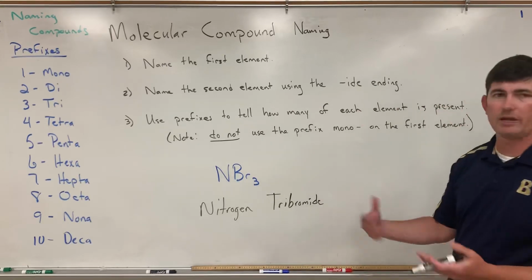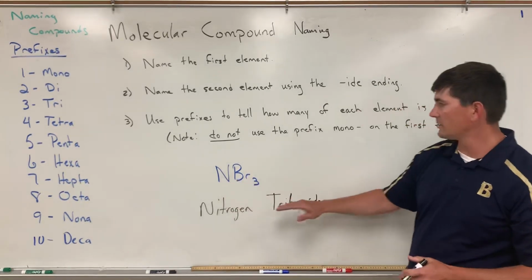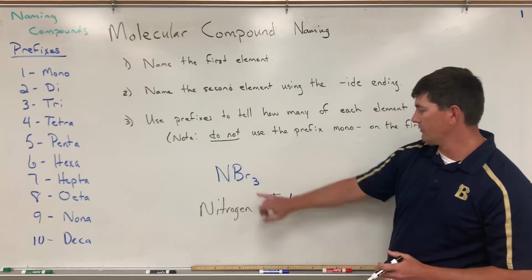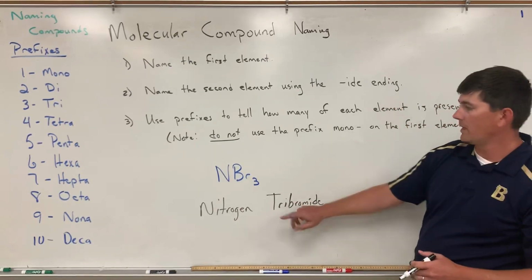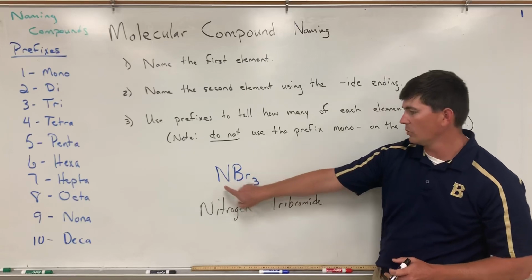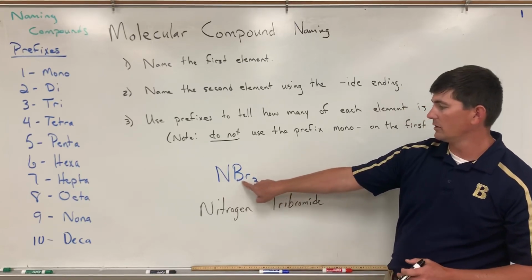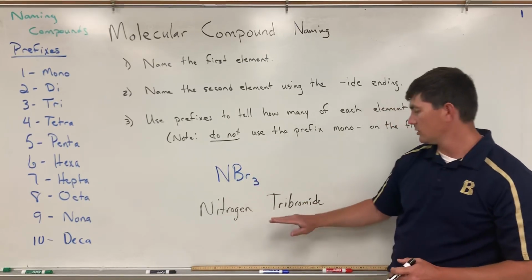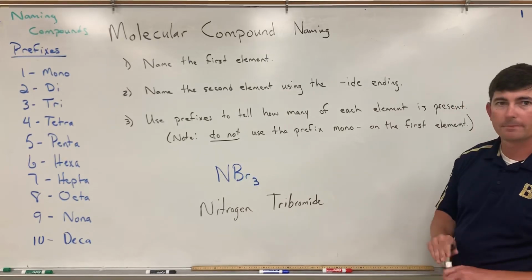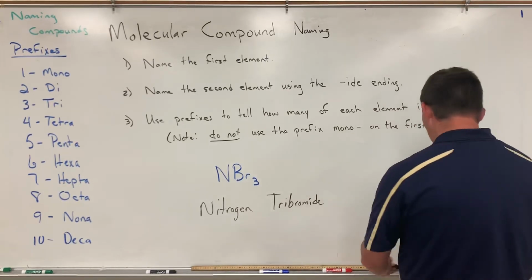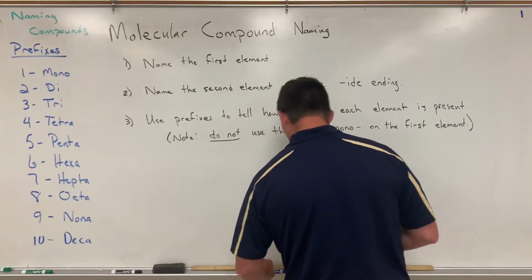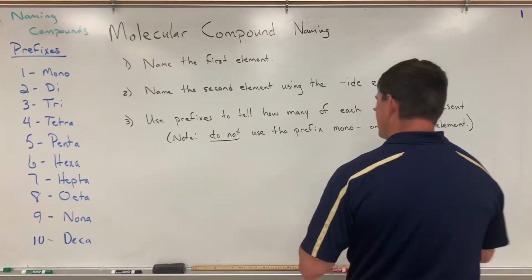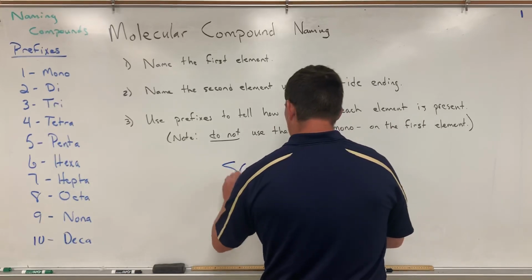Now you don't have to erase like I did, but you got your nitrogen bromide, right? But there's 3 of them, so it's a tribromide. 1 nitrogen, 3 bromides, right? There's a 1 here, so it's telling you 1 of those. There's a 3 on this, so they're telling you have 3 of those. Nitrogen tribromide. Okay? We'll do one more real quick. These videos should all be pretty short for this naming stuff. Last one we'll do is